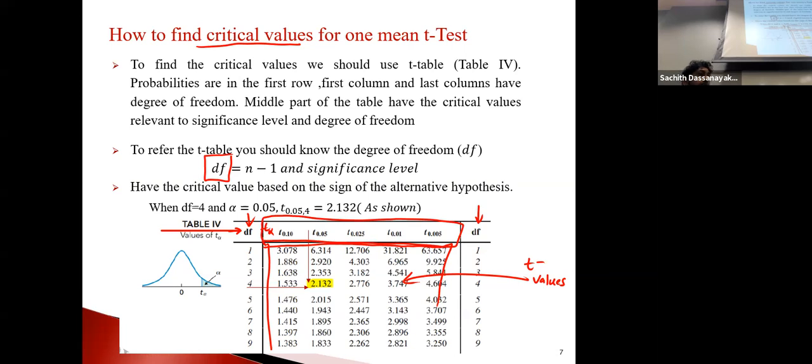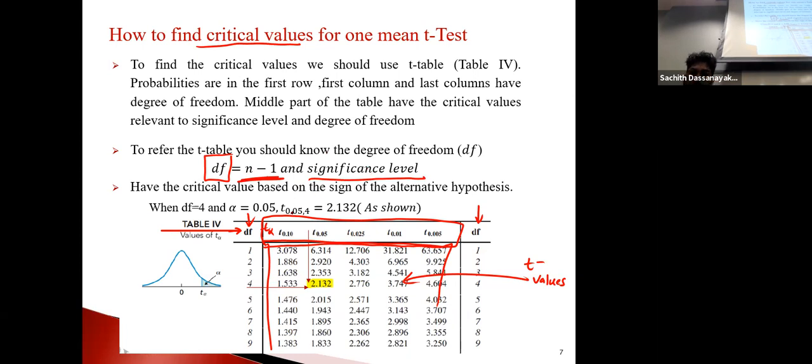Not like in the Z table, they have only a few options: 0.1, 0.05, 0.025, something like that. There are only five options. If you know the degrees of freedom, what's the value of degrees of freedom? Always you can find n-1. That's always true. And the significance level, you can find any